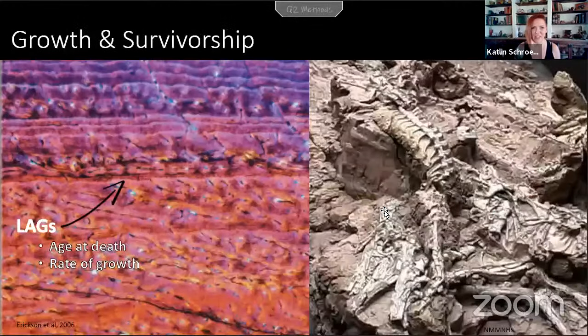So how would we do this, right? We start with mass death assemblages, and these are really cool areas of the fossil record where a catastrophic event has happened, and it has kind of killed and buried a lot of animals all at the same time. It is effectively a snapshot in time of the community. And from these, we can get a really good understanding of how many of each age dinosaur there was in a community, how many infants, how many juveniles, how many subadults, adults. And we can figure that out based on lines of arrested growth, which are effectively tree rings on dinosaur bones that we see in crocodilians and birds, but it records how much an animal is growing per year, right?